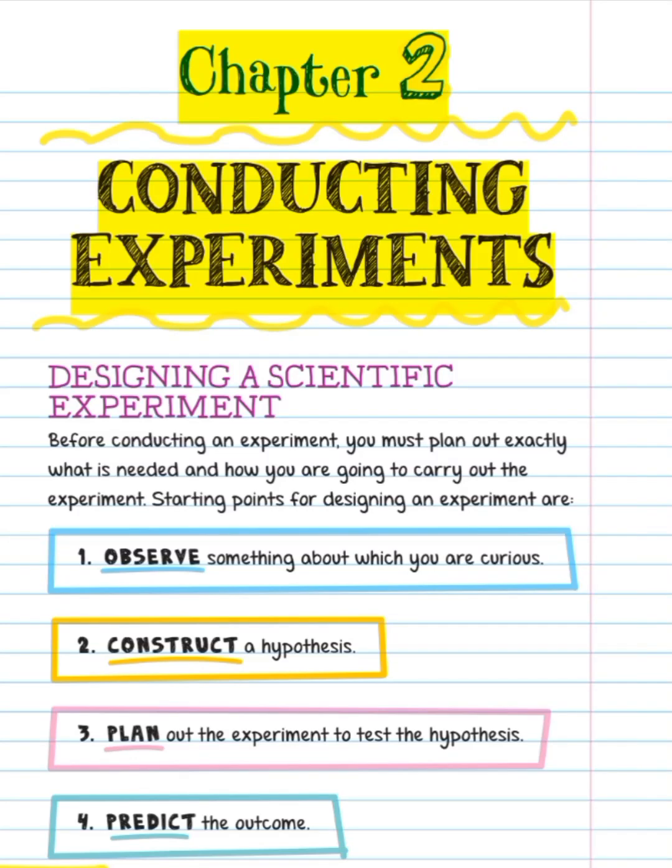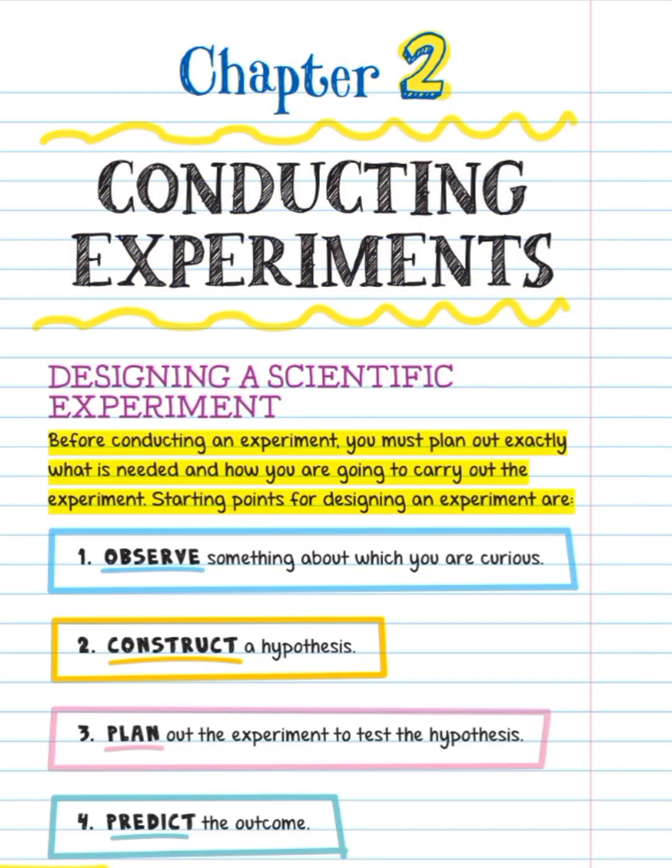Chapter 2: Conducting Experiments. Designing a scientific experiment. Before conducting an experiment, you must plan out exactly what is needed and how you are going to carry out the experiment. Starting points for designing an experiment are: